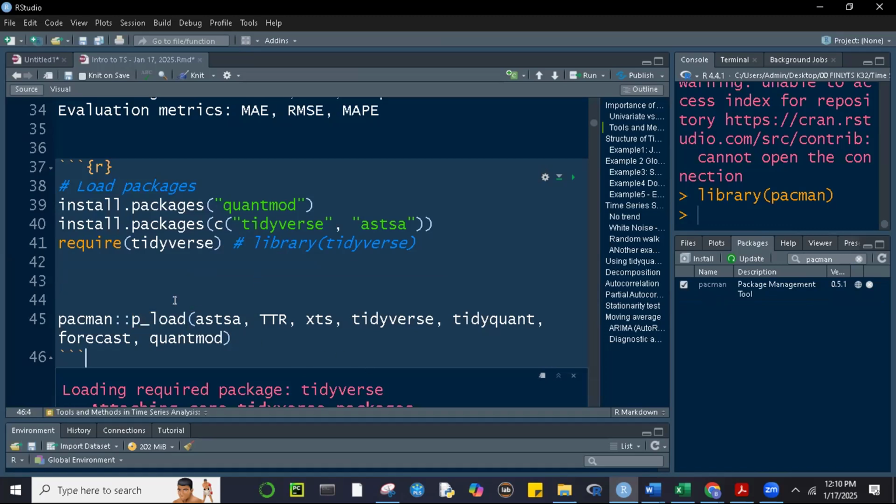So what does this mean, class? This means that this function p underscore load comes from the package pacman. This is what I told you about the function that is masked by dplyr a while ago. So this just tells us that I want to make use of the p_load function, and this p_load function comes from the package pacman. Now what's the use of this? Several reasons. Number one, if there are other functions in other packages that make use of this p_load, then we made it clear to R that we want the p_load coming from pacman. I'm not sure if there are other packages which use p_load, but just the same, we're identifying it as coming from pacman, and also,